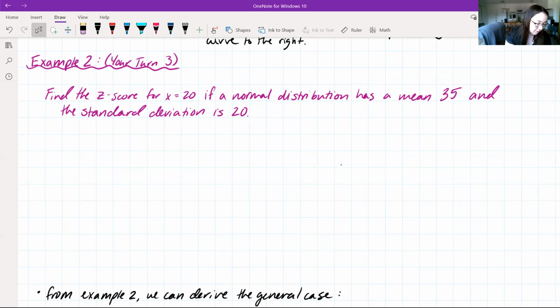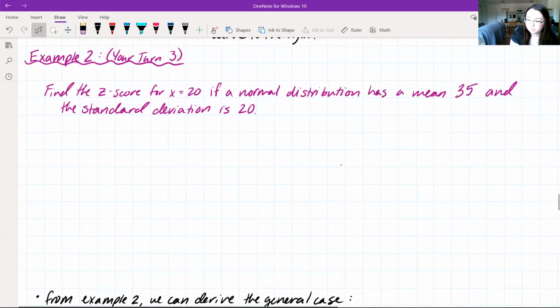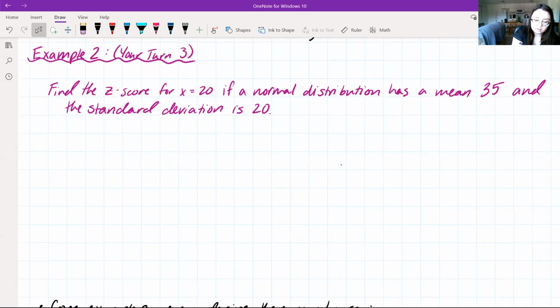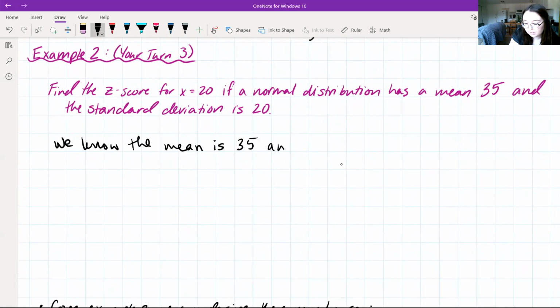So we can say, we know the mean is 35 and the standard deviation